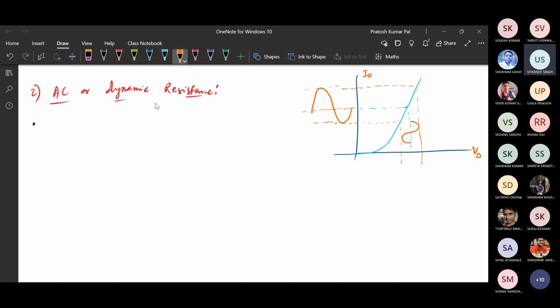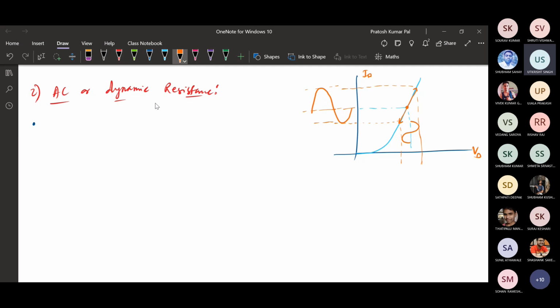When we apply the DC voltage, the DC was constant, so whatever DC we applied, there was a particular operating point. But in case of AC, if this AC is varying, then different operating points will be there. This was the initial point, and with respect to that, the operating point will range from here to here. So there will be a variation in operating point.